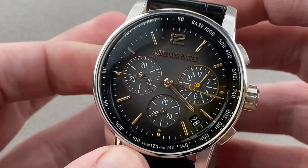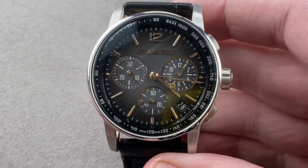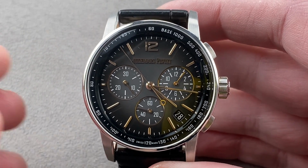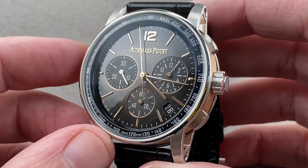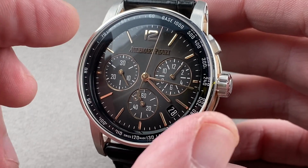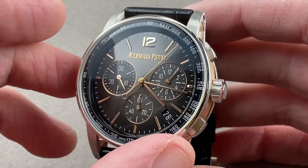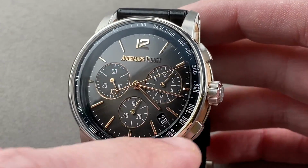I think this watch was a little bit unfairly judged because its original form was mostly purchased just like this online. You would get a picture of a watch from head on, and then you would just see the flat, colorless dials of the original chrono. This is better. You can see that the dial features a gradient from sort of a silver black at the center to genuinely black at the edge. We have rose gold Audemars Piguet logo, hour indices, hands, and Arabic numeral 12, polished rose gold chapter rings for